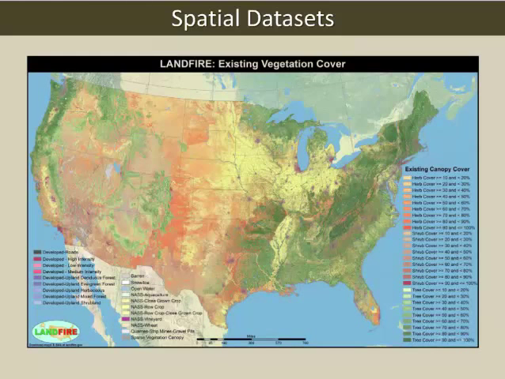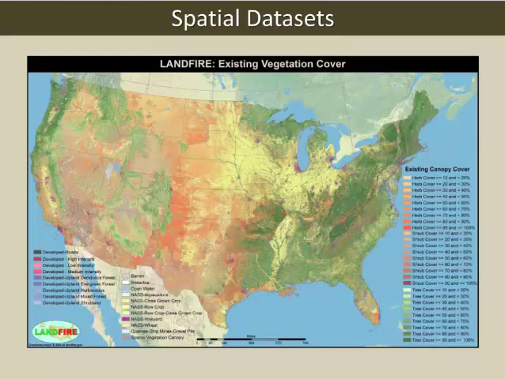Here's existing vegetation cover with a more complete legend. Still in these data sets you get many attributes to select from. And you'll notice that the maps go wall to wall. I also show the whole United States as an exaggeration, but it is to say that the data sets are meant to be used for covering large areas. They are not meant to plan what to do on a particular stand or in your backyard or small planning units. They are used for doing watershed scale and larger work.